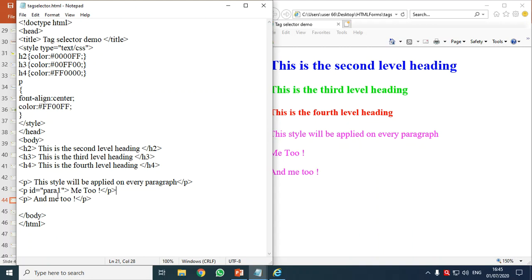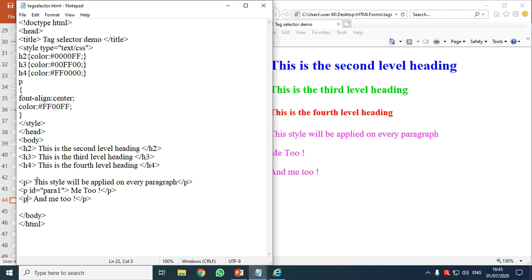Internal CSS will not work. External will also not work, correct? We have to apply inline CSS individually, right? That means the selectors we have learned show some kind of limitation. And these limitations will be overcome with the help of class and ID selectors, right?